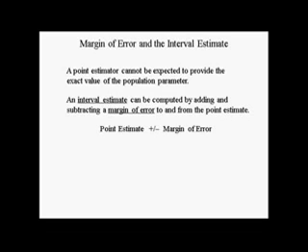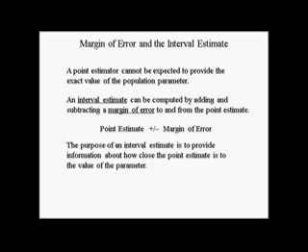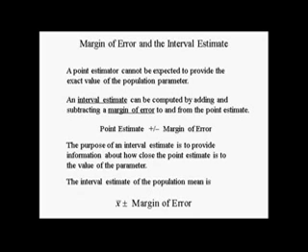An interval estimate can be computed by adding and subtracting a margin of error to and from the point estimate. The purpose of an interval estimate is to provide information about how close the point estimate is to the value of the parameter. In other words, the interval estimate provides a worst and best case scenario of, say, the population mean. The interval estimate of the population mean is equal to the sample mean plus or minus the margin of error. The margin of error is what we call a z-value times the standard error of the sample mean,